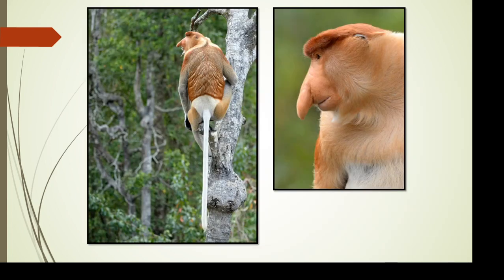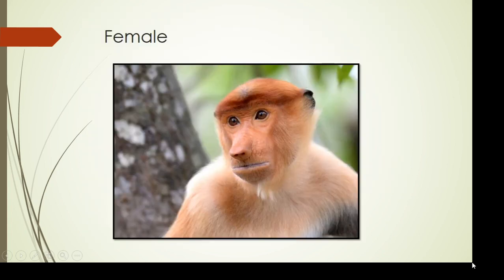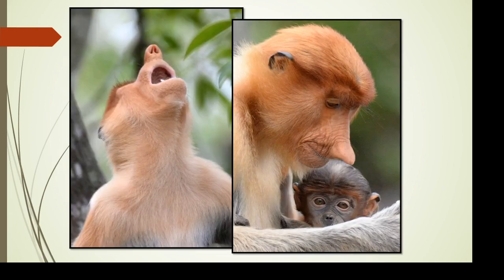This is what the males look like. There's a nickname for these guys. They're called Dutch monkeys, because they dress like the Dutch sailors did. They wore a shirt, they wore pants. They had a big nose and they were red in the face like the drunk Dutch sailors. This is what the females look like. They're a little bit more dainty looking, and the babies as well are different still.